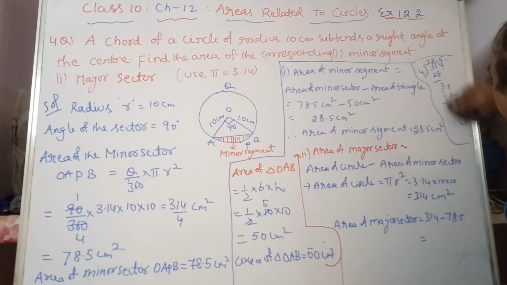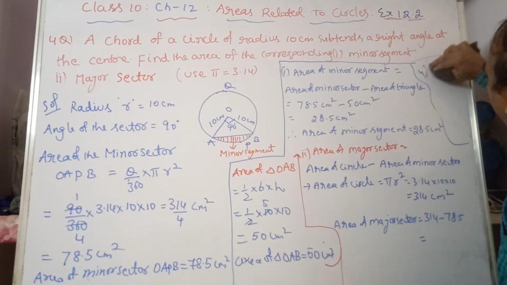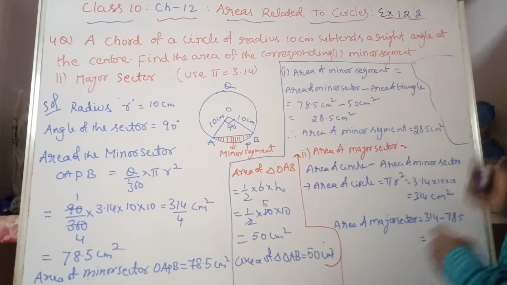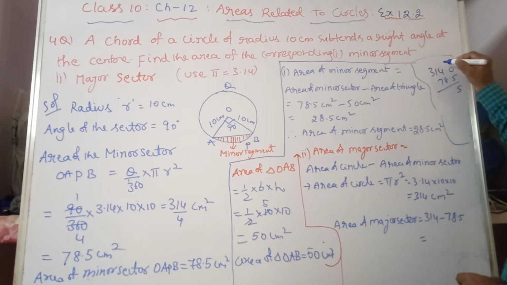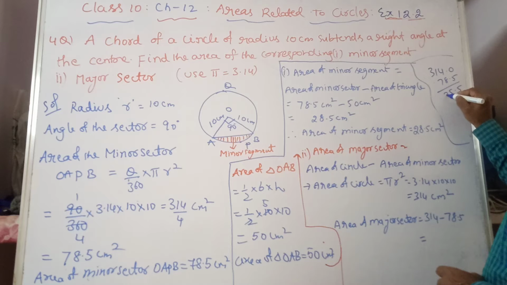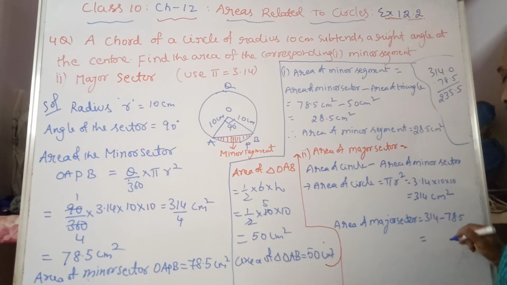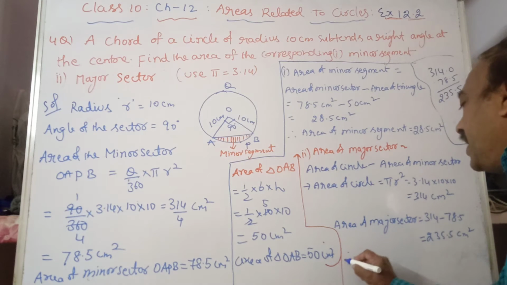So the rough work is 314 minus 78.5. So 314 and 78.5, put 0, 5, borrowing 13 minus 8, 5, then 10 minus 7, 3 and 2. So 235.5 centimeter square. Therefore, area